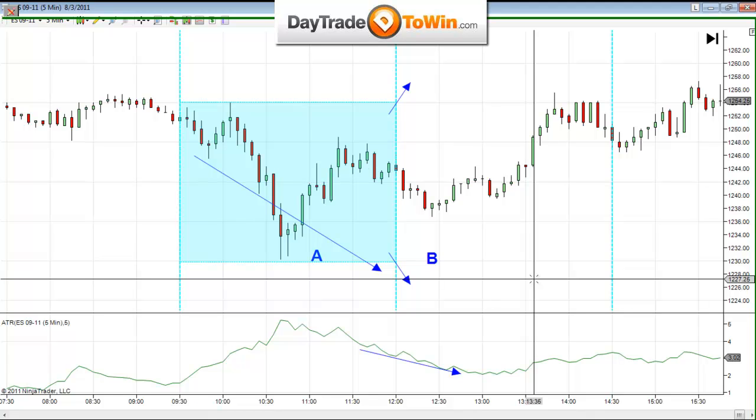Okay? So as an example, I look for every single day B to be consolidated within the range of A. It happens every single day except when there's a trend. When there's a trend early on, 12:10, 12:15, it starts to break harder and harder outside of A. That's your indication to go long. I'm going to show you examples of this. Okay? I don't care about previous day's range, Jim. No, I don't.